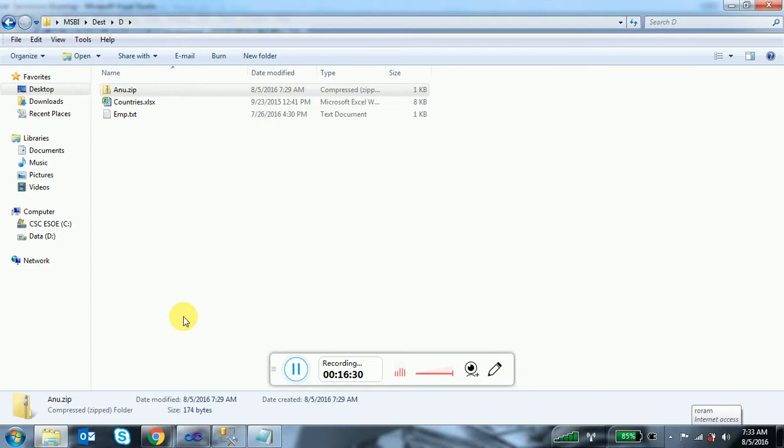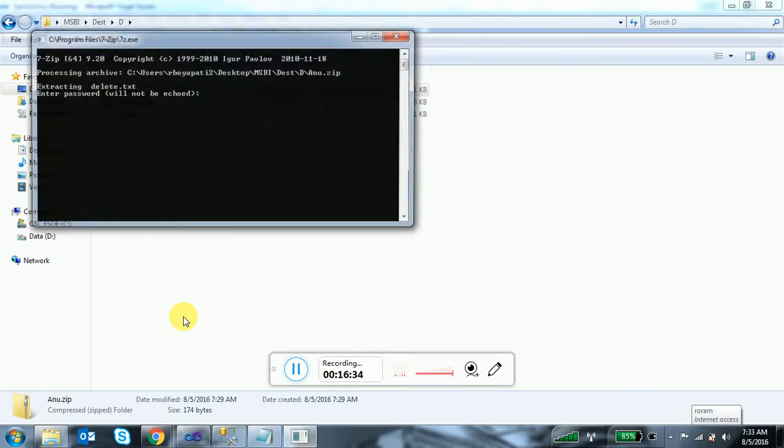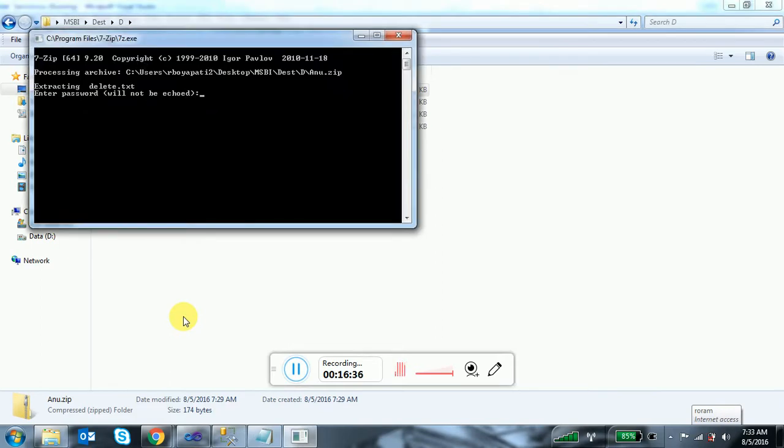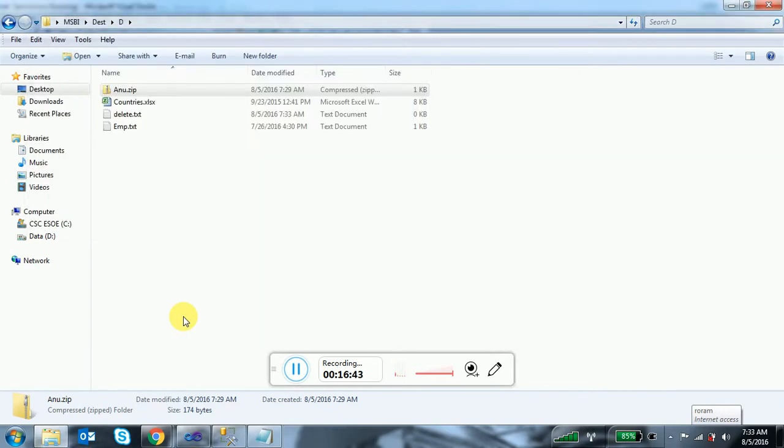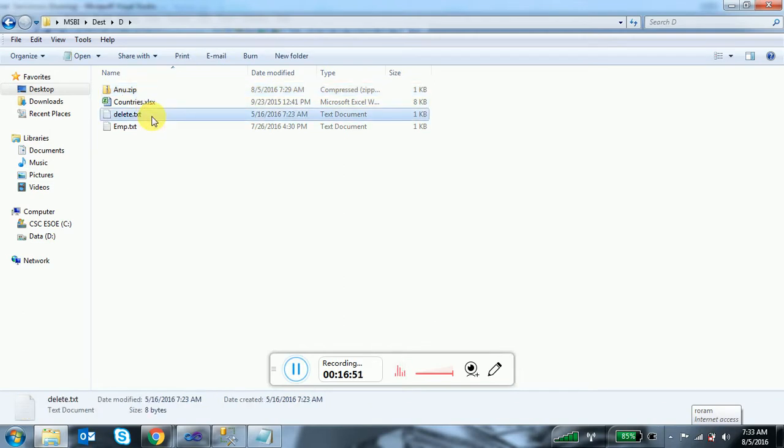Okay, so this is the way if you want to unzip a file. Basically the client will send files daily. The client will send employee information, how many employees have joined their organization, in one Excel file. That Excel file is located in a particular FTP site or somewhere.